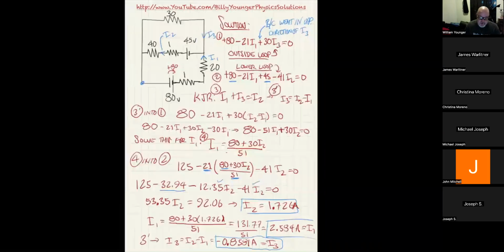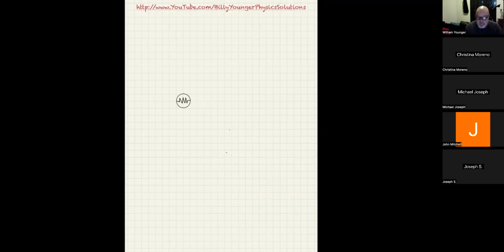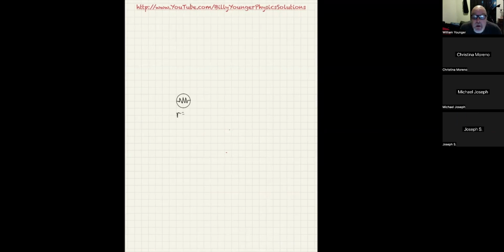So for starters, what we're going to have is just a weak battery in line with the starter motor. So I'm going to put a starter motor down at the bottom here. This is basically like the starter of your car. We'll treat all electrical devices like this as if they're just a resistor. So I'm just going to draw a resistor in there, and I'm going to say R is equal to,